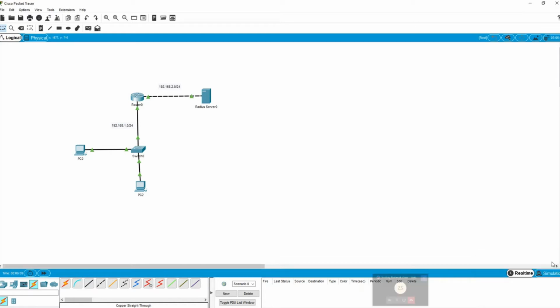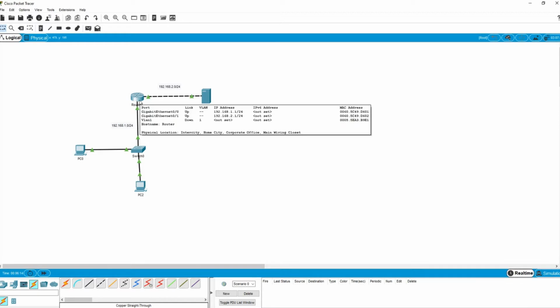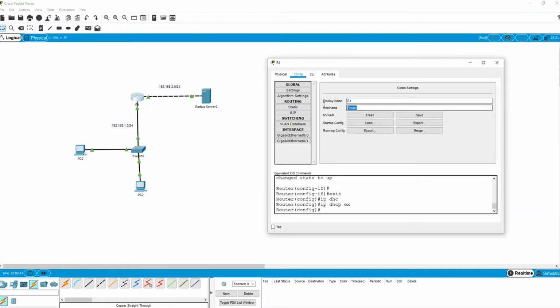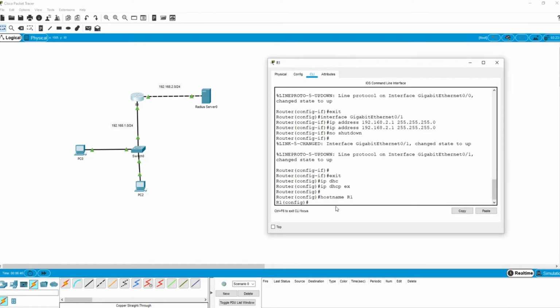So the best practice is to make the router a DHCP server, and this router will distribute the IPs to the clients. First, use hostname R1, or you can use any name. Here, first of all, I will exclude some of the addresses, and then I will configure DHCP on the router.